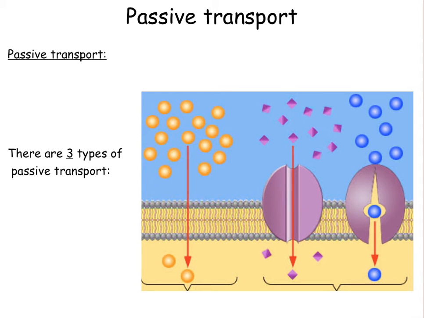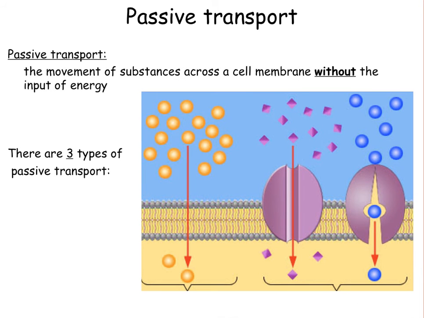Thanks for coming back for part 2 of moving cellular materials. Today, we are going to talk about the first way to get molecules across a cell membrane, and that is through passive transport. Passive transport is a term that describes any movement of substances across a cell membrane without the